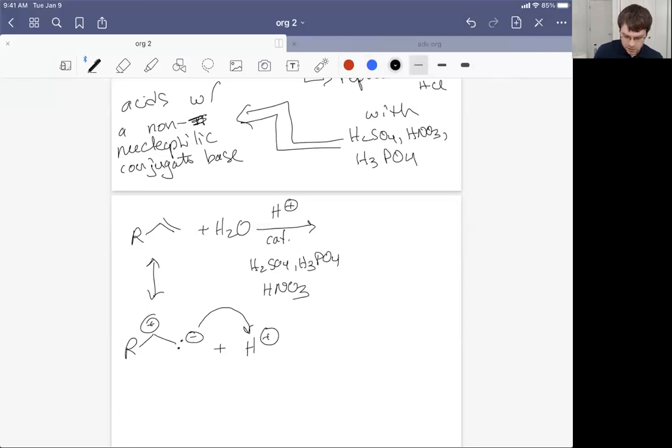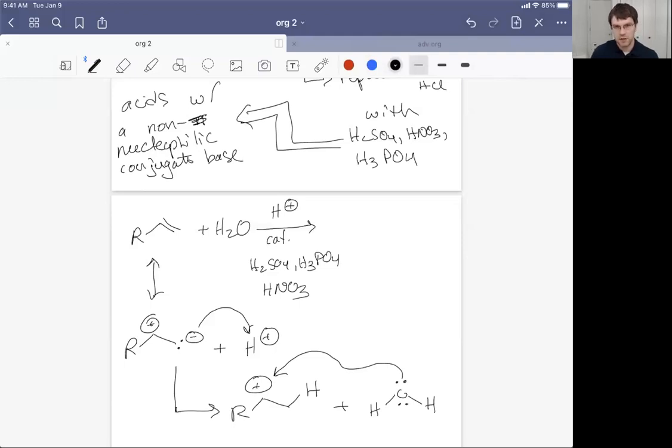That would give rise to, I'm going to go down a little bit. I'm going to need just a little bit more space. We have one additional step, but we're going to give rise to the more substituted positive charge, and that's going to engage one of the lone pairs from water. So the water's going to donate electron density. It's going to serve as a nucleophile attracted to that positive charge, the electron deficient center, and that positive charge is going to be an electron acceptor for the lone pair of electrons on the water molecule to give rise to